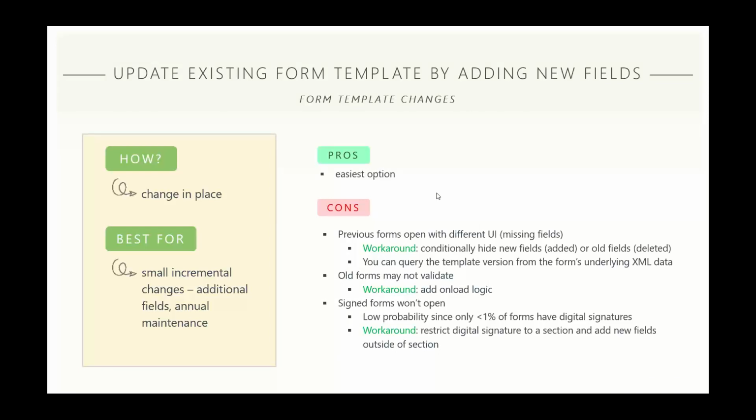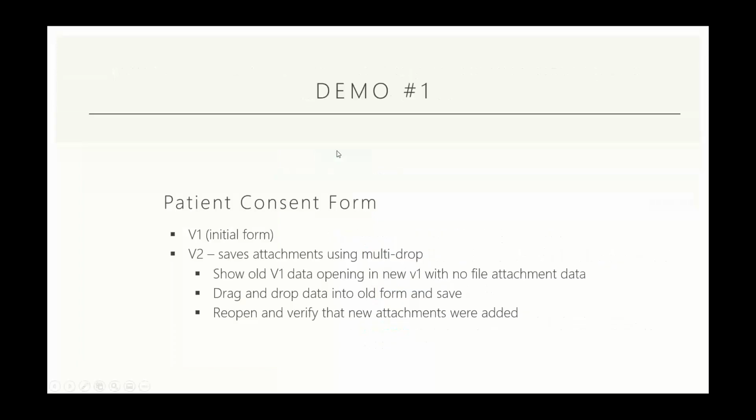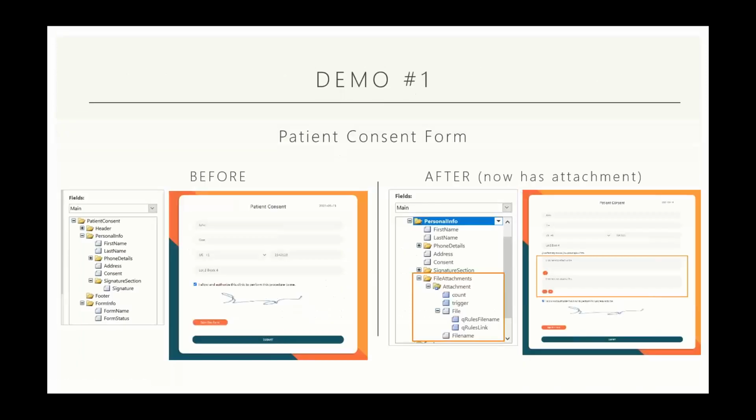And go back to our slides. So that was our first demo. The first demo is showing that if you need to make a change to an initial form, and this is really what she's doing here, she's adding this new repeating attachment field group to the form, so the user can actually upload or